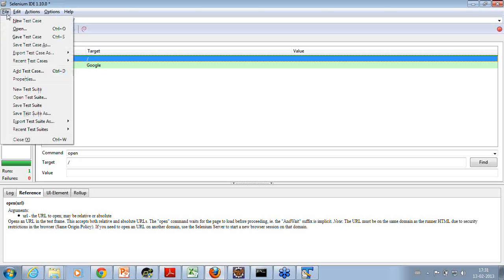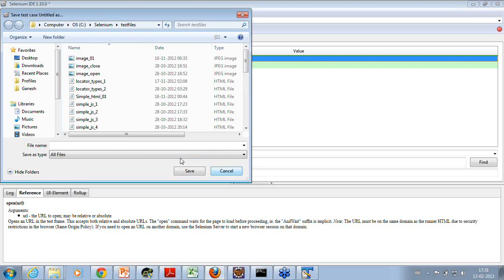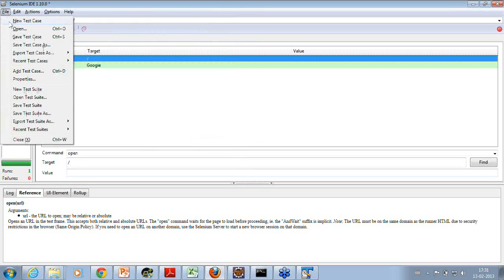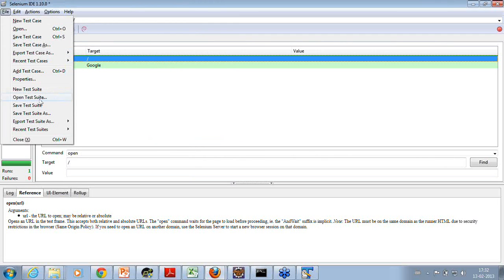Now here you see it gives you how to create a new test case, open an existing test case, save the test case or save test case as, whatever different formats are available. Then you can export the test cases, and you can create test suites, that is a collection of test cases into different test suites.